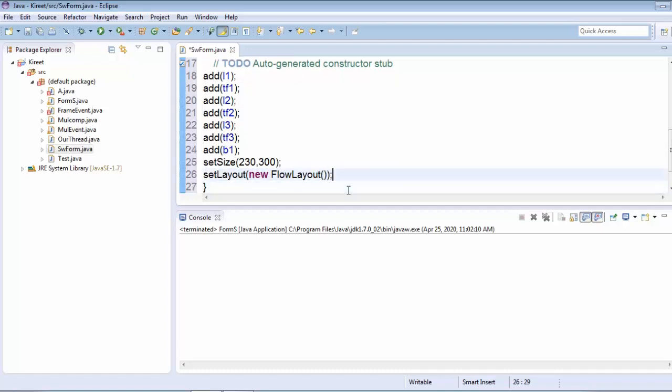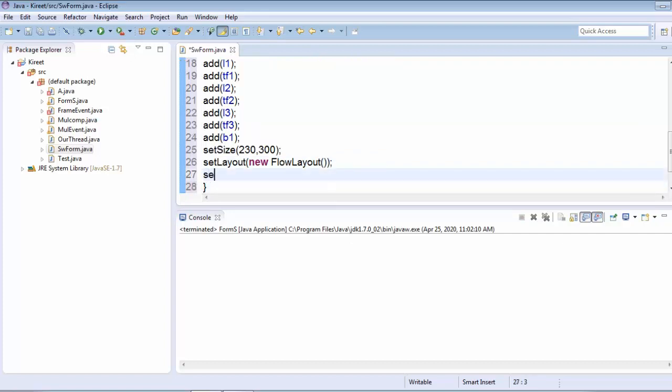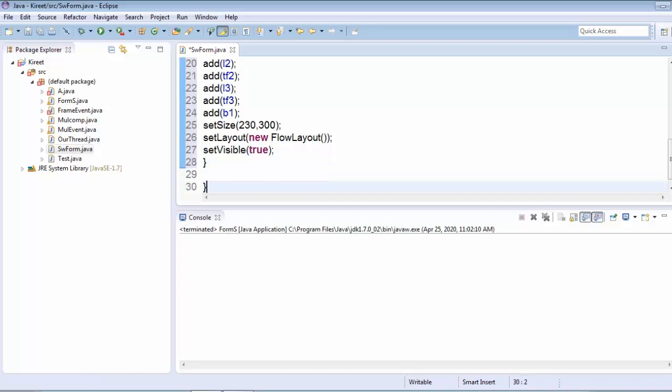We can make this set layout null also, and set the layouts with the help of setBounds. In that we have to pass 4 parameters: x axis, y axis, and the width and the height of that particular component. We can also use this. And finally we have to make this visible, and we have to pass a boolean, that is true. So this is done.